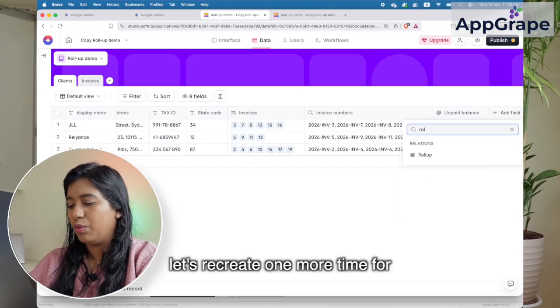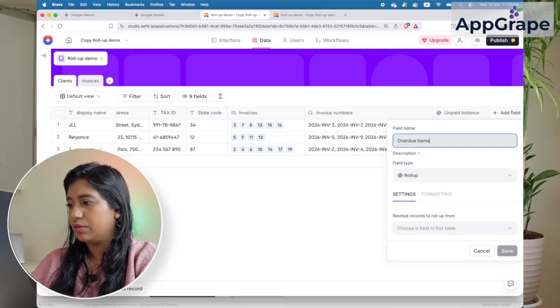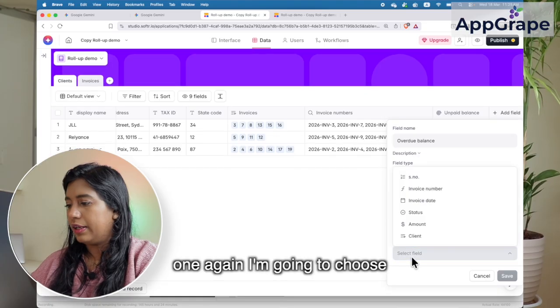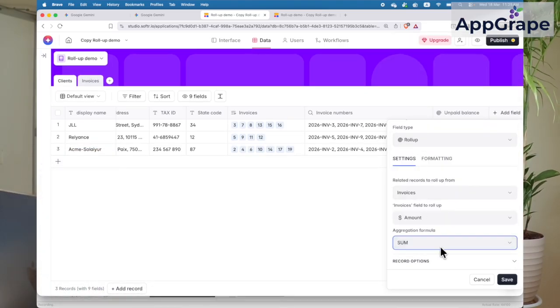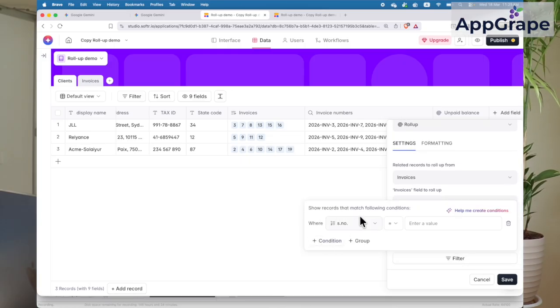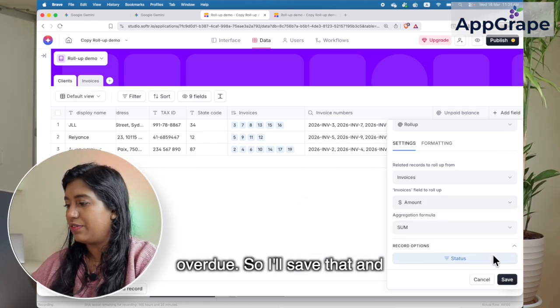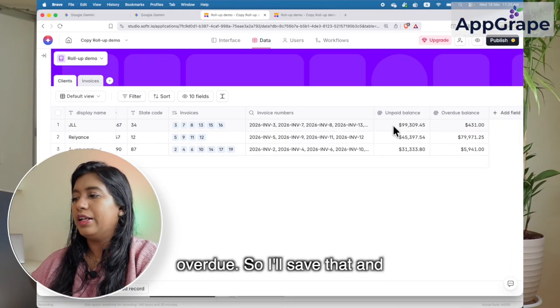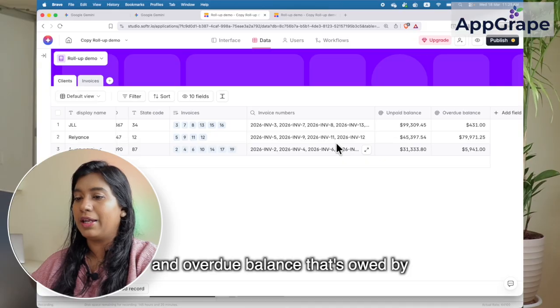Let's recreate one more time for the overdue one. Again, I'm going to choose the amount and sum it. I'm going to say status is overdue. So I'll save that. And now we have both the unpaid balance and overdue balance that's owed by every client we work with.